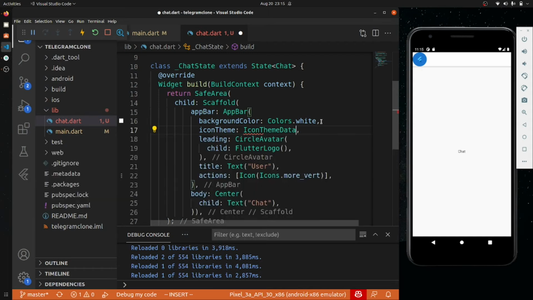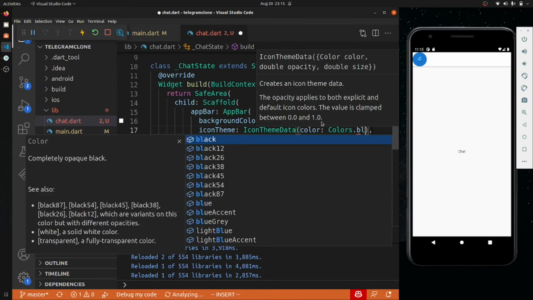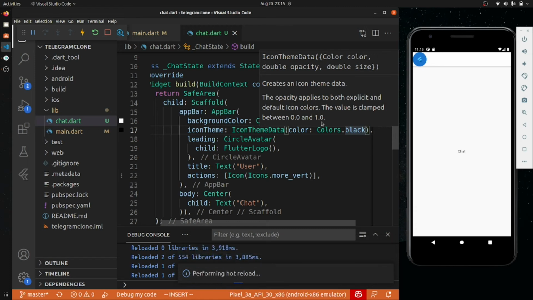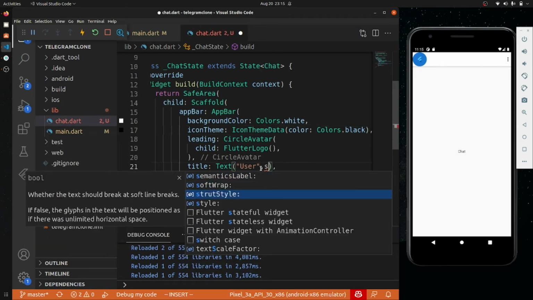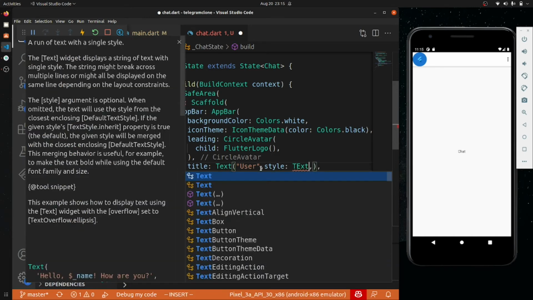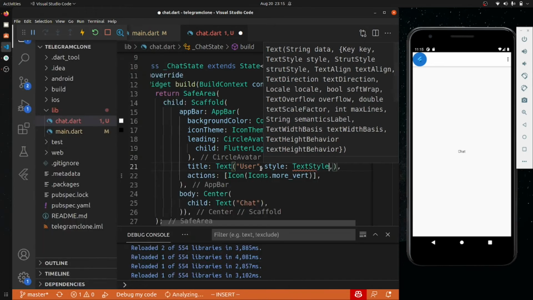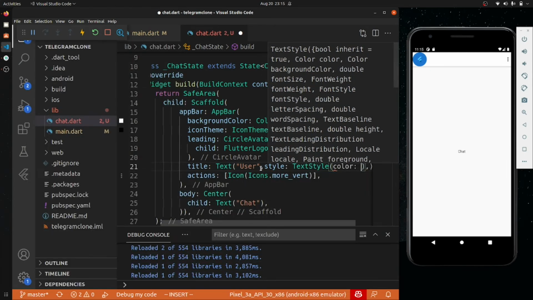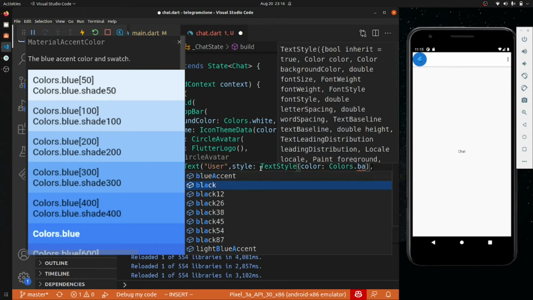Inside this we give the color as colors dot black, and now here we will give style, and style will be a text style, so that we can give the text style as colors dot black. Okay,